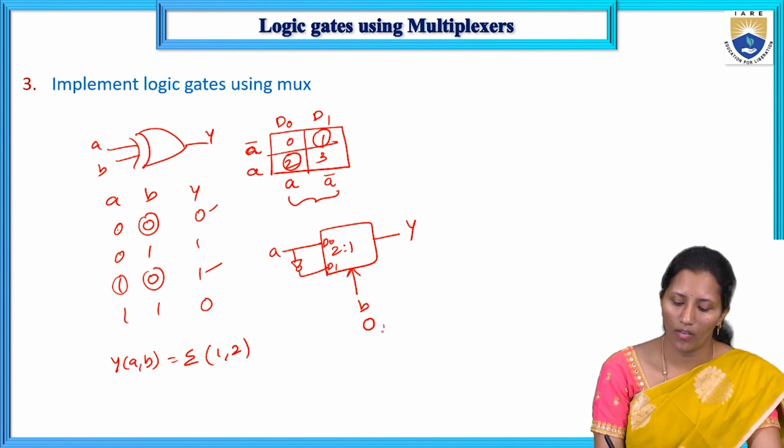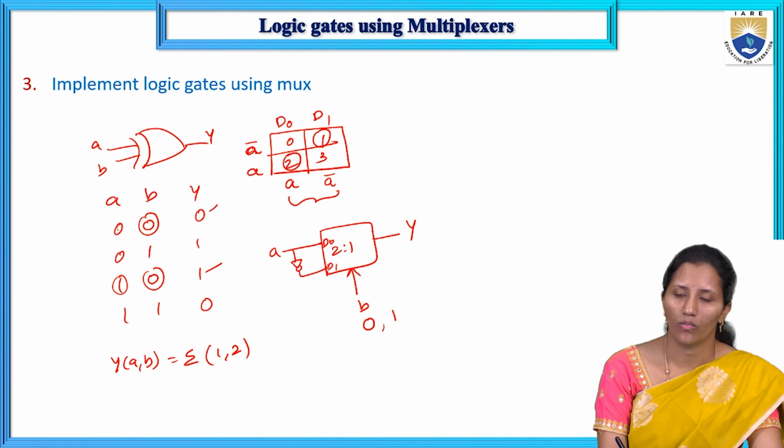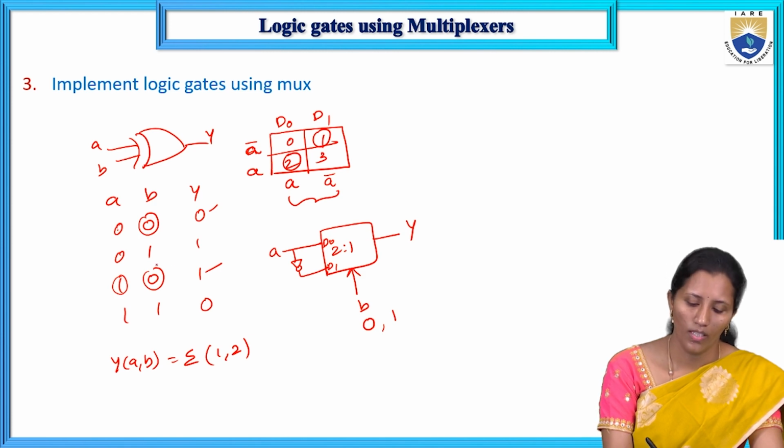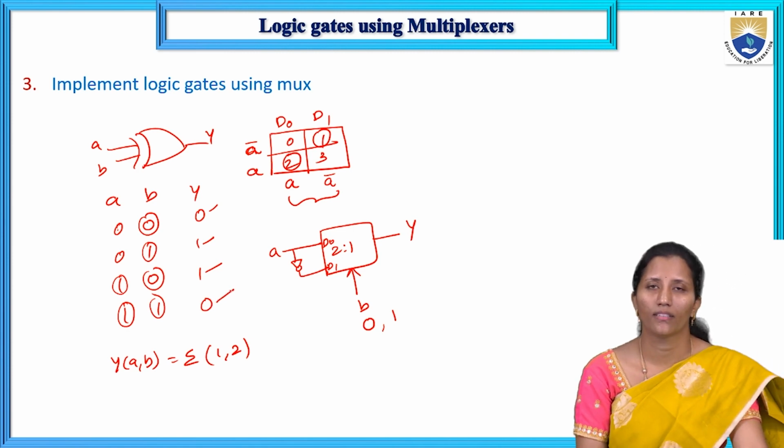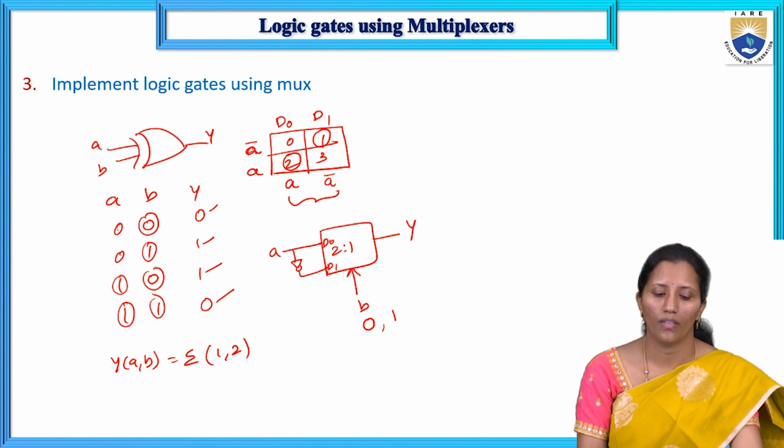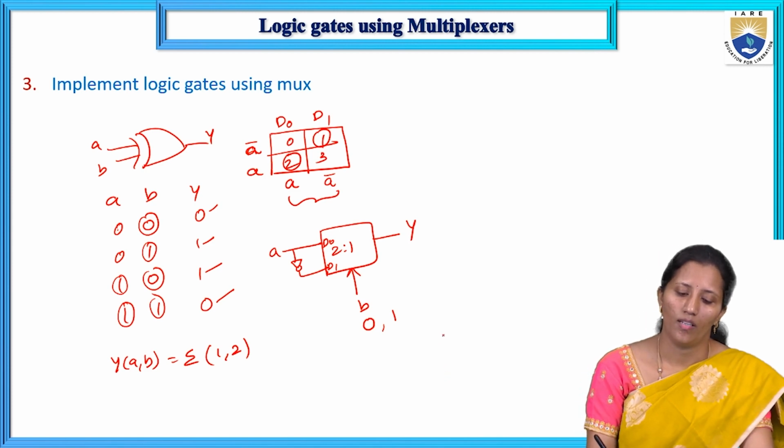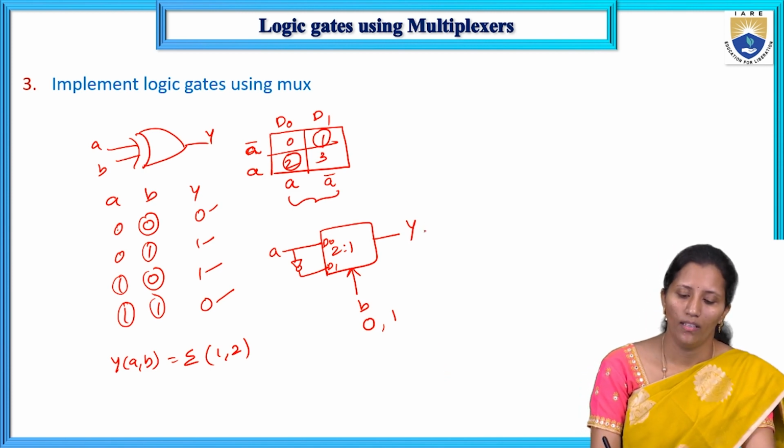If B is equal to 1, that is the selection line is equal to 1, then A bar will go to the output. So B is equal to 1, A is 0, so the complement value A bar, 1, is the output. If A is equal to 1, we get A bar, that is 0, as the output. So this is the true implementation of the XOR gate by using